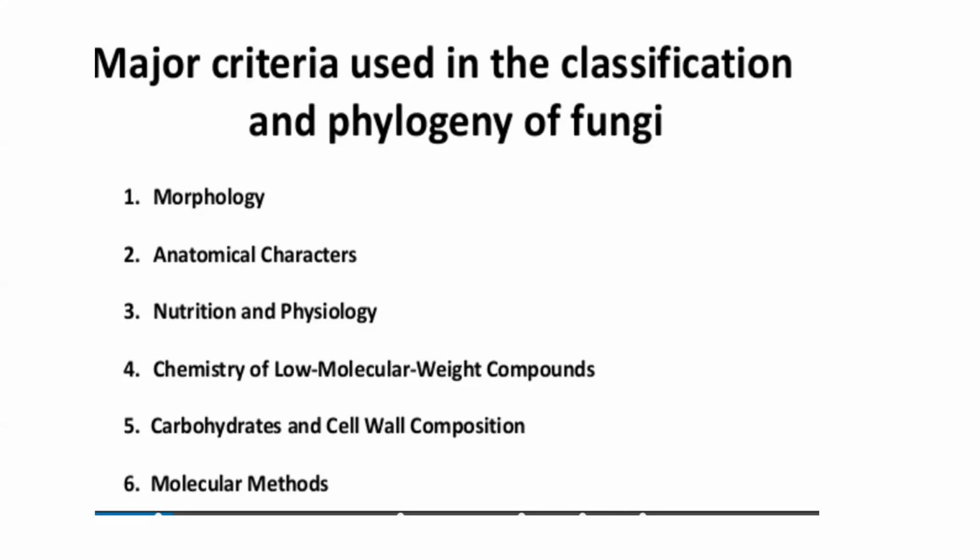Most of the fungi are aerobic organisms. That is, they totally depend on oxygen for their physiological metabolism. Some fungi can tolerate the absence of oxygen. That is, they are fermentative organisms. Such organisms are called fermentative organisms. For example, yeasts, Saccharomyces cerevisiae. They can tolerate the absence of oxygen.